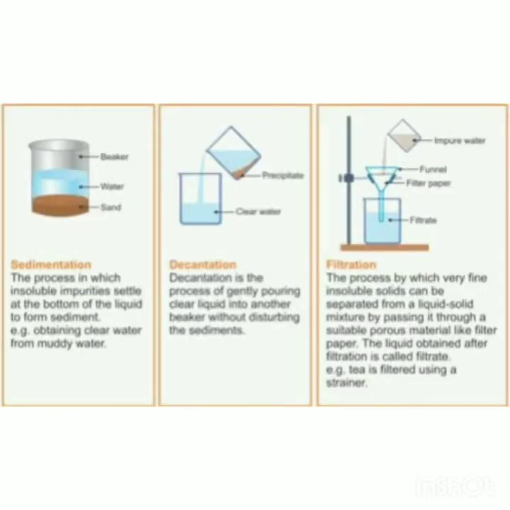So you can see over here the process in which insoluble impurities settle down at the bottom of the liquid to form sediments. This process is sedimentation. After sedimentation, we collect the liquid into another beaker without disturbing the sediment. This process is called decantation, and filtration is the process in which we separate an insoluble solid from a liquid